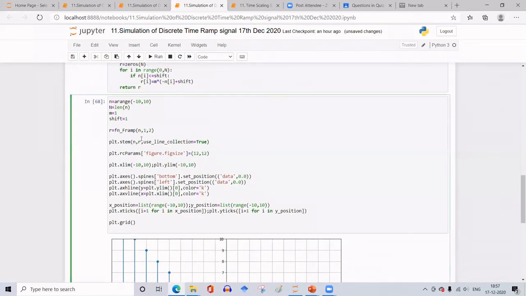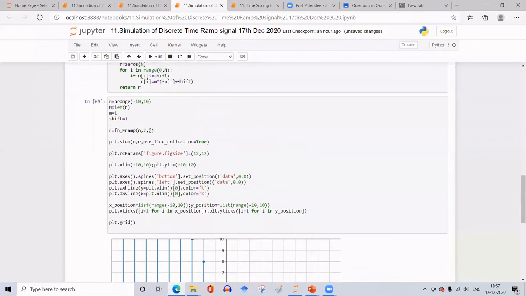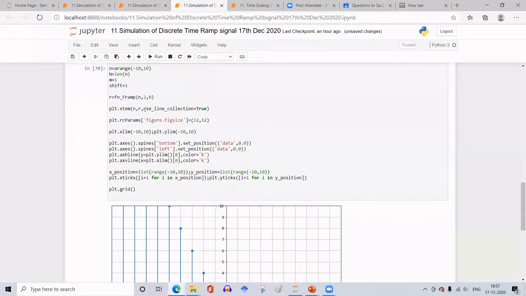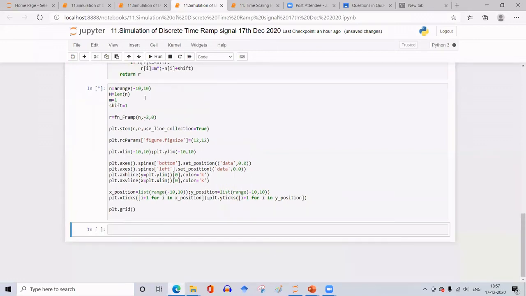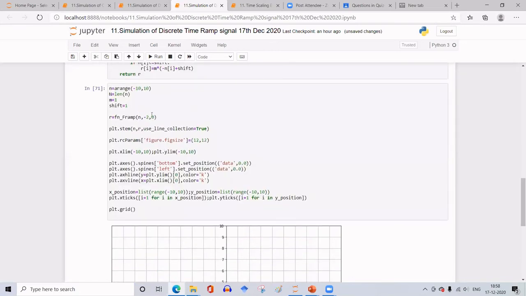And if I make the ramp strength as 2, you find here, what did I do? Shift also 2. So you can't easily visualize. So I'll make the shift 0 and then 2. So at -1 it is 2, at -2 it is 4. So double the previous value. Okay. And I can even make this minus. What happens? It comes to the fourth quadrant because of the sign change. It is strength 2, but with a negative sign. So you can just go on making changes with this and observe. It's just a play.